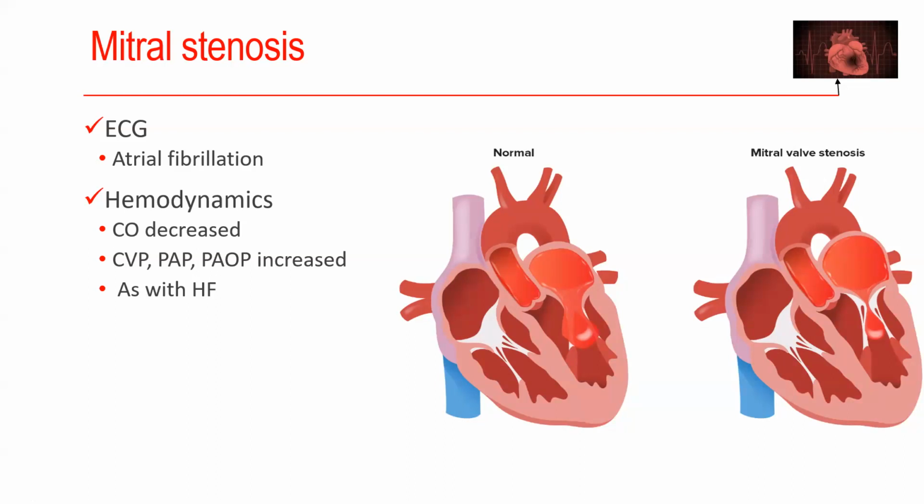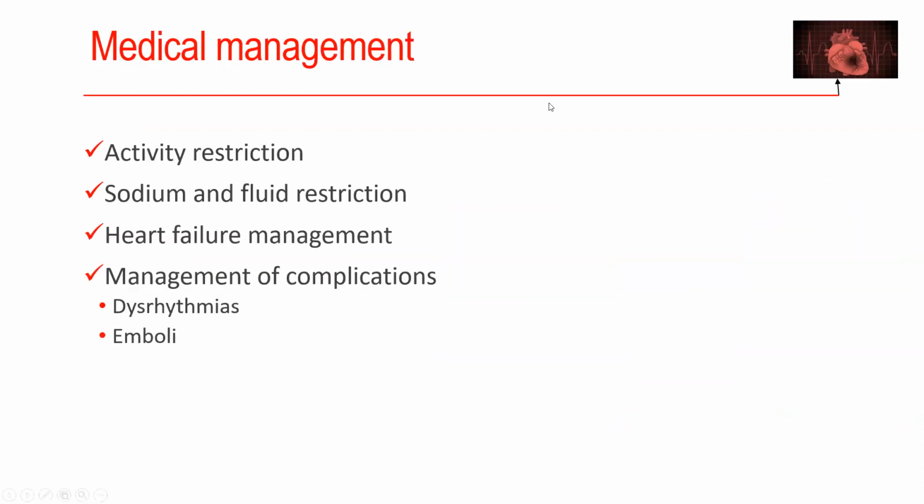Okay. Now, where do you want blood to go? Through the path of least resistance, right? And the only way to fix this is what? The only way to fix mitral stenosis is what? Replace that valve. Okay, so we do have some medical management. We're going to reduce your fluid. We're going to restrict your activity. We're going to give you heart failure management, right? You're going to have some diuretics, you probably have some ACE inhibitor, but what you're going to need ultimately is